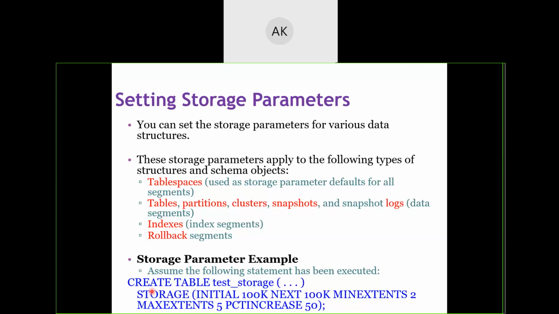If that initial size is filled, what amount of next extension memory should be allocated? How many such extensions should be done? Is there any percentage increase to be given for each attempt at extension? So all those parameters will be discussed with regard to parameter values. So let us try to discuss here. Create table, we are trying to create a table, some name, test storage, with some column list along with the data types. Now with this storage keyword,